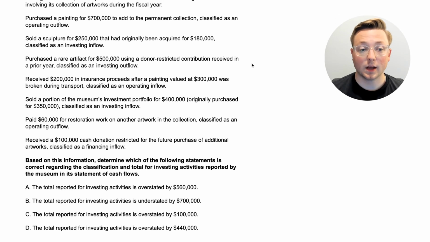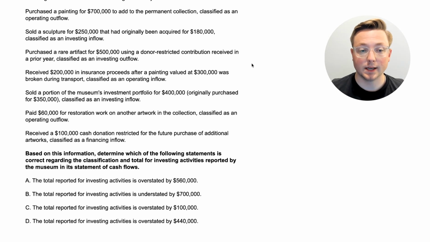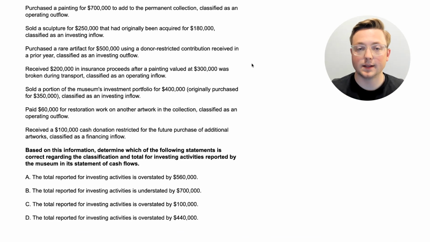So there is a lot of information there, and again, we're trying to look at this from the investing activities perspective. If you've seen the previous video, you might have a good idea for what this should include. If you don't really understand what would go into financing, investing, and things like that, especially with works of art, that's okay. Let's go ahead and go to the answer. If you haven't already paused the video, go ahead and pause the video if you want to do the calculation. But if not, again, let's look at the answer together.